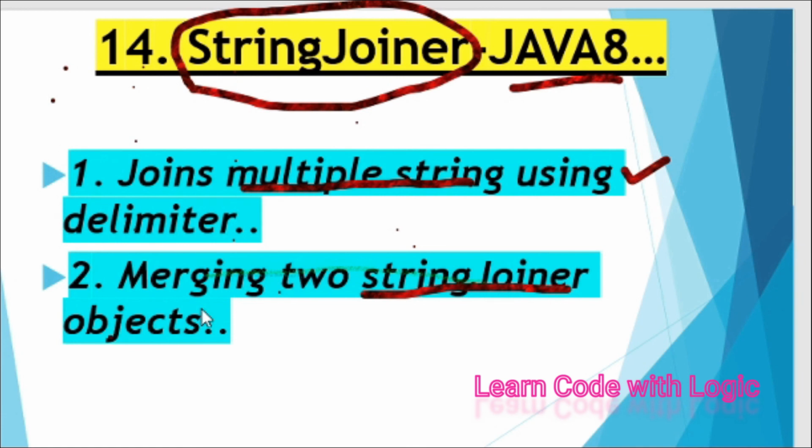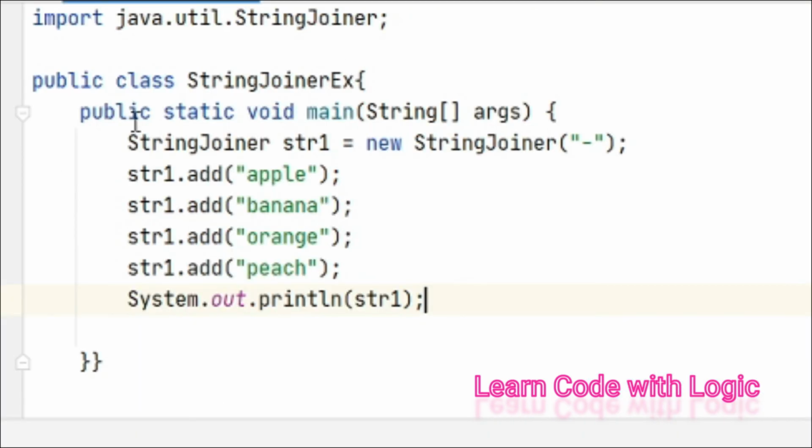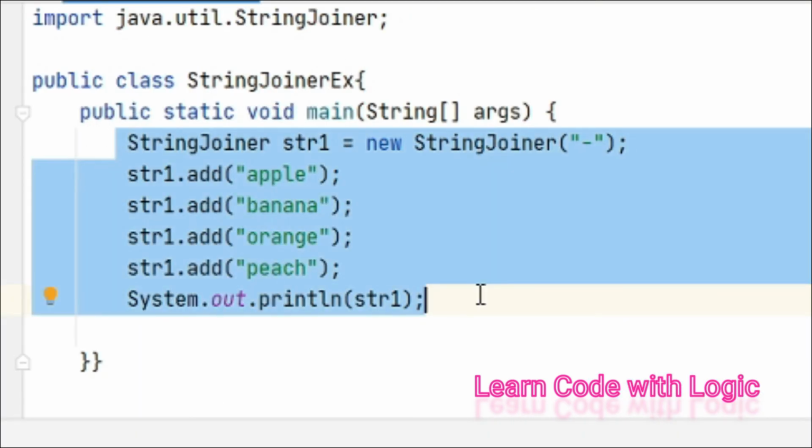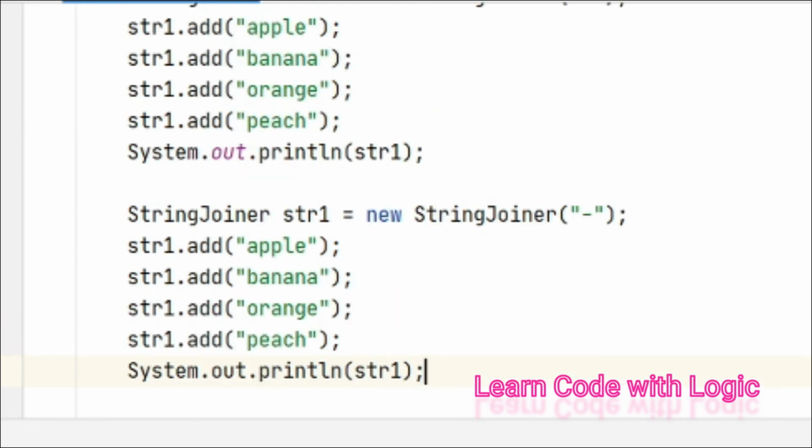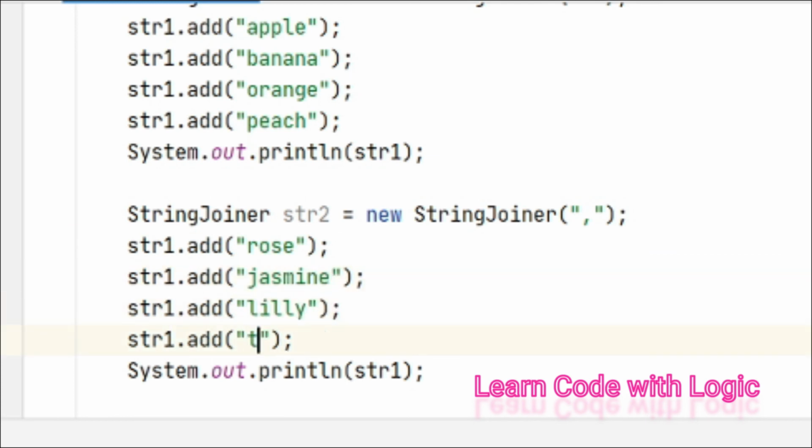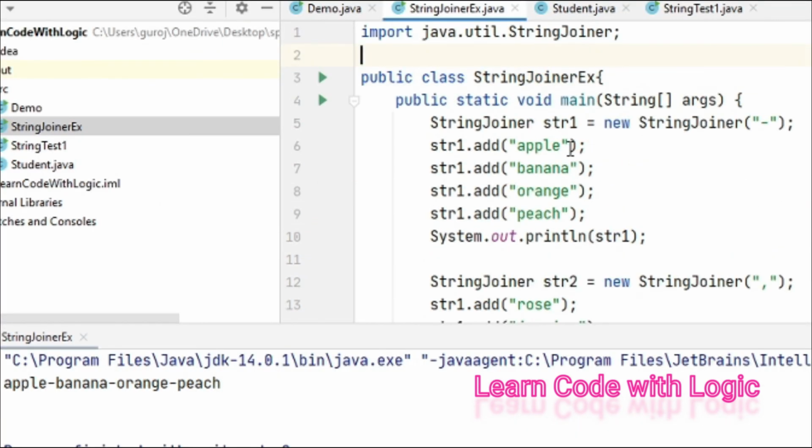Now our next topic is merging two StringJoiner objects. So we already have one object. Let's create one more object. Here for demonstration purposes, I am taking some flower names: rose, jasmine, lily, tulip, etc. So we have created two objects, str1 and str2, so far.